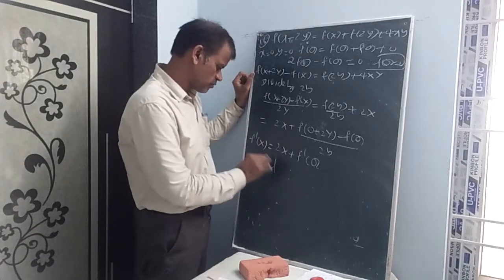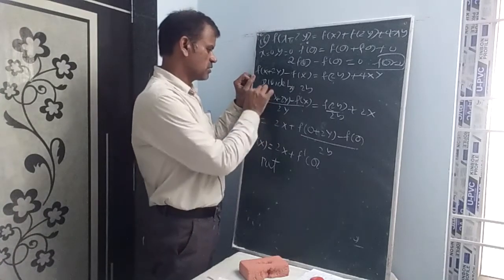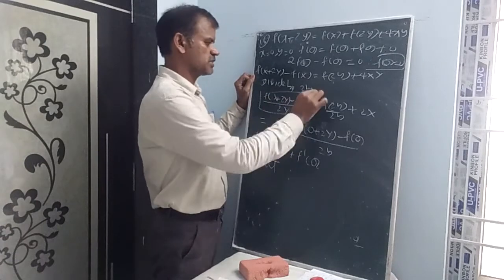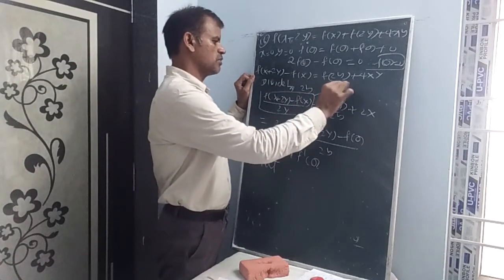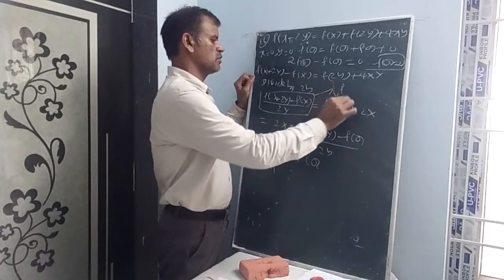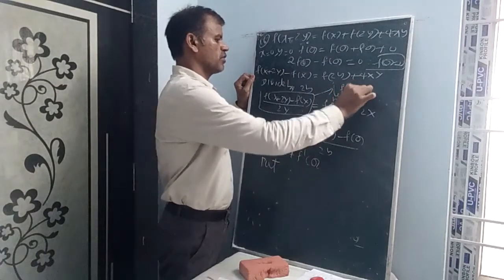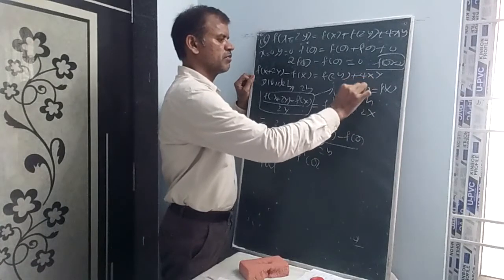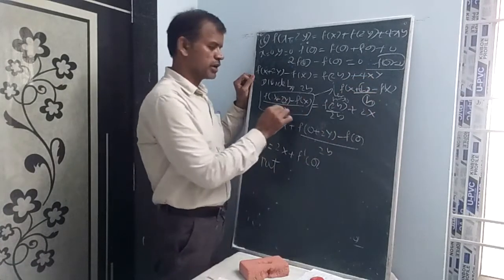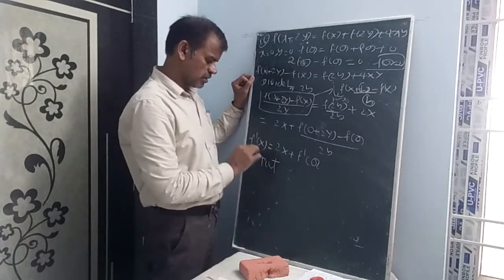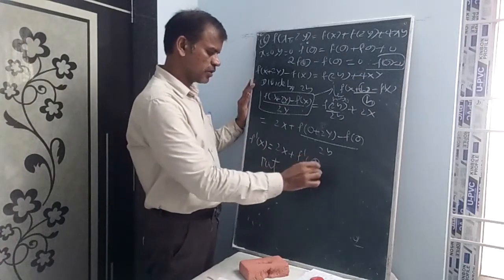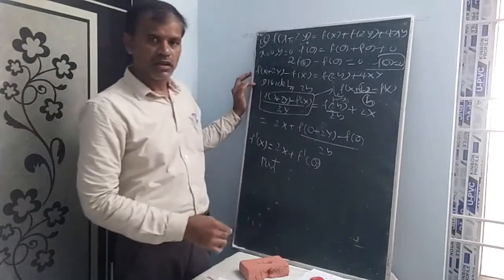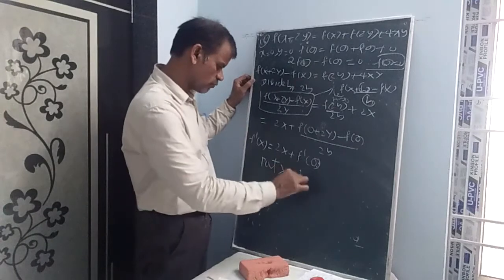So this is f dash x. Put x equal to 1. This mistake I did previously. According to the formula, limit h tends to 0 of (f(x+h) minus f(x)) whole by h. Whatever the value exists here, the value 2y exists here. So directly f dash x formula we got as 2x plus f dash 0. Put x equal to 1 now.